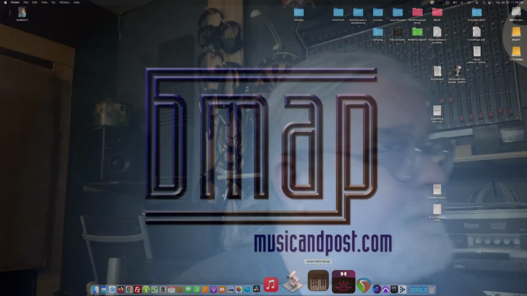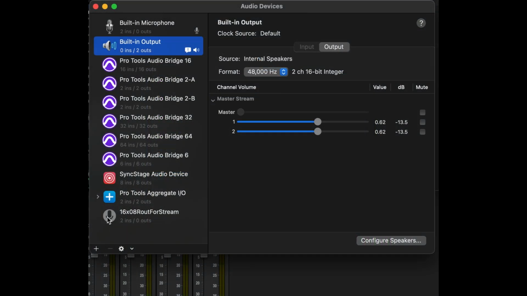I'm picking this video up after the installation of the SyncStage agent and the SyncStage audio device. You don't need to install the SyncStage web app. That's just a browser app that runs in Google. So here we go. Now the first thing you need to do is access the audio MIDI control panel, go